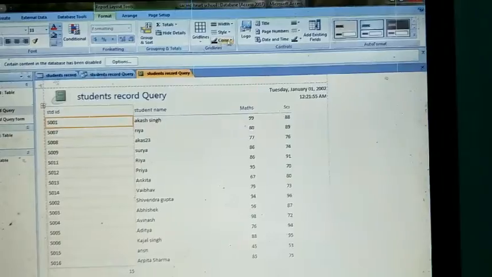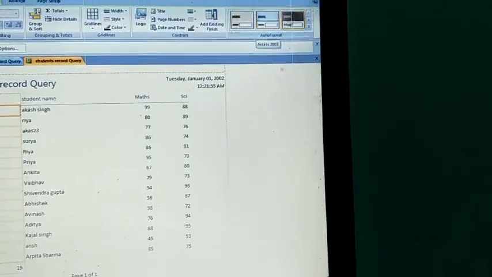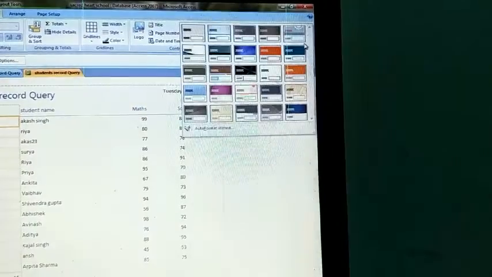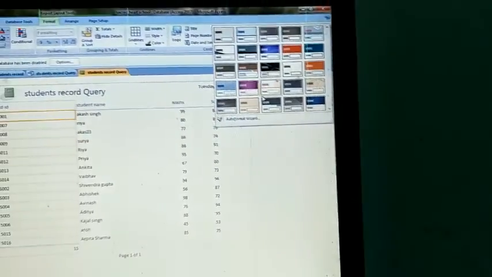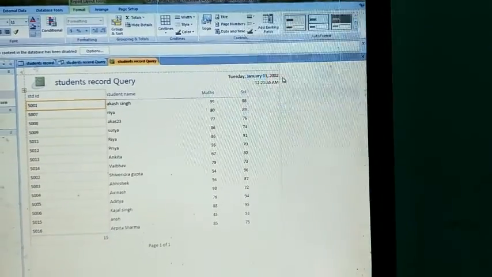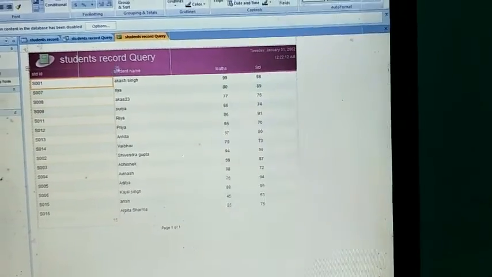Now you can see multiple options. Click here, then you can see all the options. Whichever one you click, that format will be applied to the report.